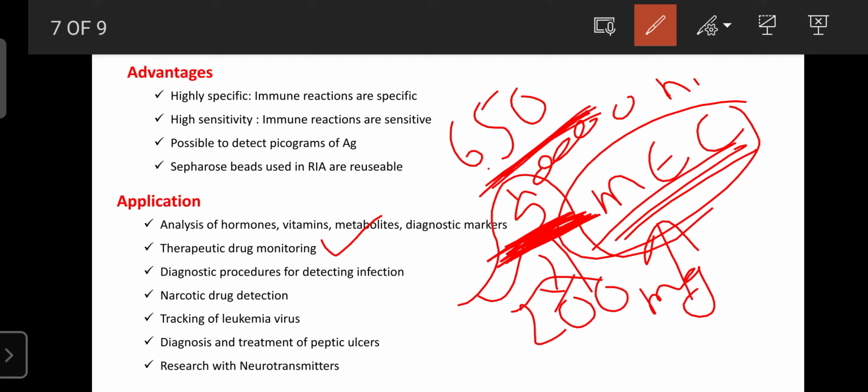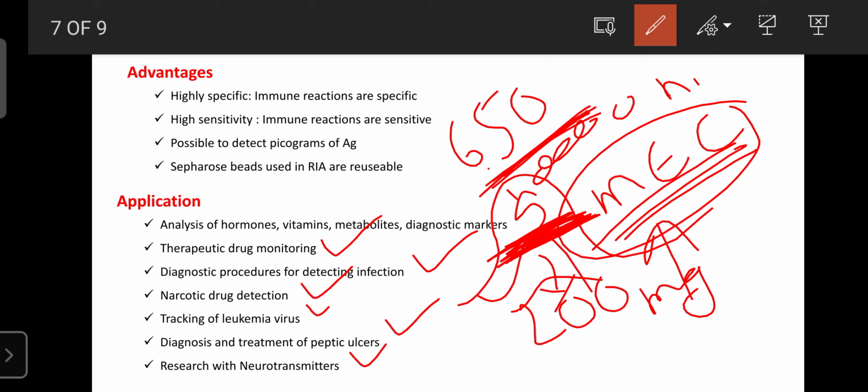Then a diagnostic procedure for detecting infection is also done with the help of the radioimmunoassay. Narcotic drug concentrations in the blood are also determined with the help of radioimmunoassay. Also tracking the leukemia viruses, as well as diagnosis and treatment of various peptic ulcers. Then it is also helpful for research on